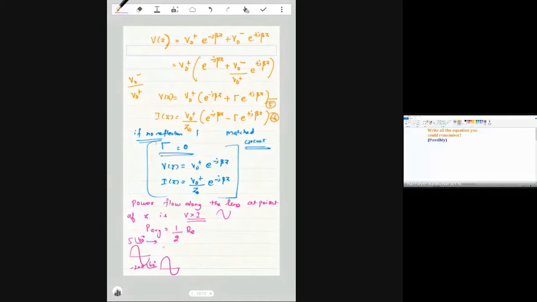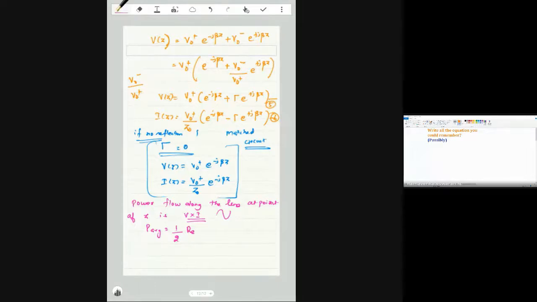Voltage and current we normally represent in polar format, because 5 volts is starting with a 40 degree angle, and this is 2 milliamps starting with a 60 degree angle. So that is more meaningful basically for voltage and current. So voltage and current can be complex in the polar format, magnitude and angle.